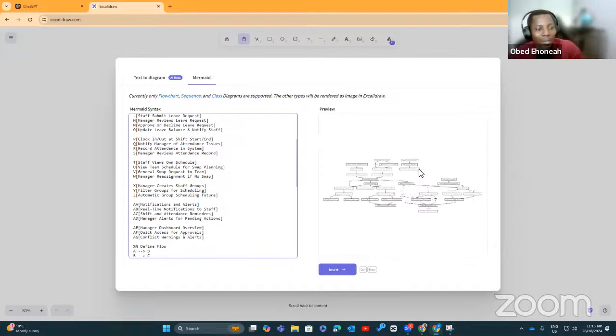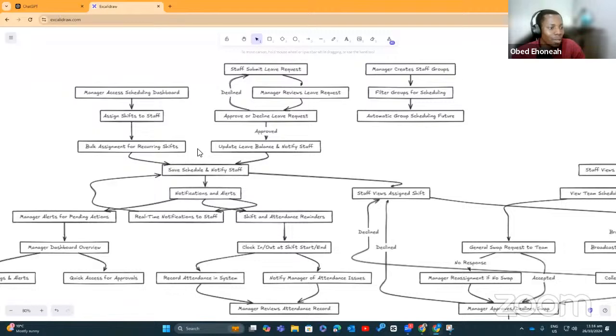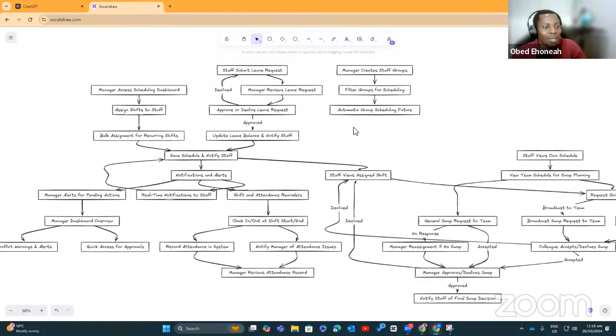All right. So that is the flow that it has generated for us. It looks very complex to begin with, but you have to tease out the flow. Sometimes you could actually ask it to give you the flow in bits and pieces. You want to understand this whole thing and how it's going to work, but at least this will give you the visual feel of how that is going to happen.